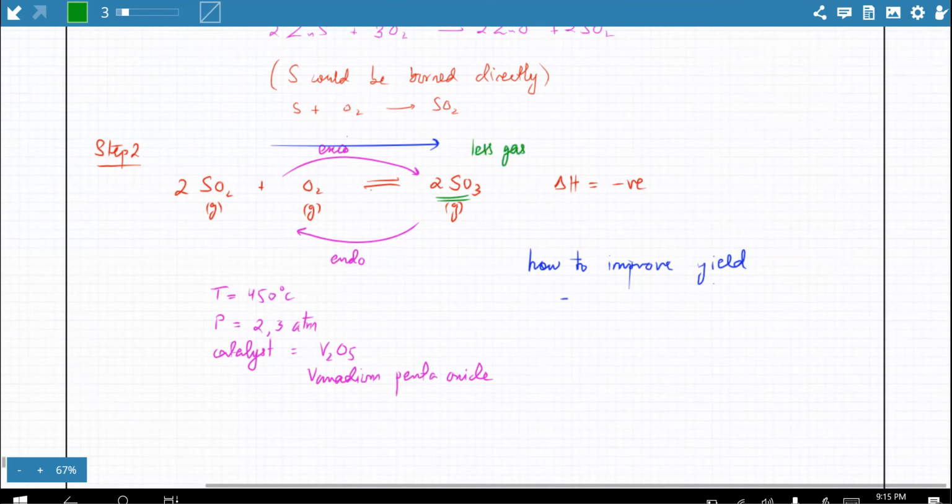Because on this side there's more gas. If you count the number of molecules on this side, that's three molecules, so that's more gas. So if the reaction goes forward, less gas would be produced. If it goes backward, more gas would be produced. I want to produce less gas. According to Le Chatelier's principle, I need a higher pressure. Which side will higher pressure favor? Less gas.